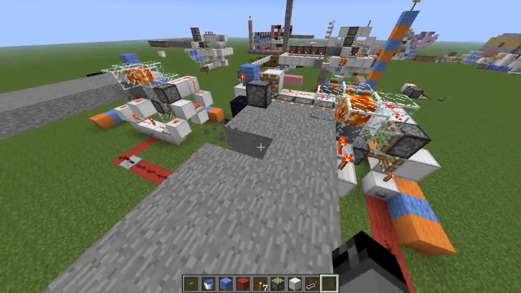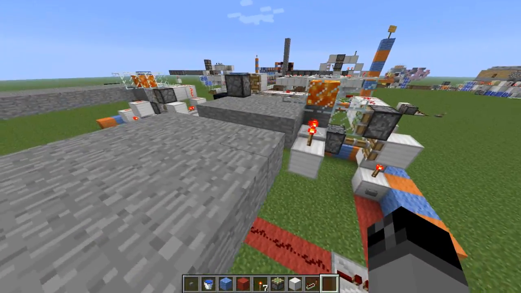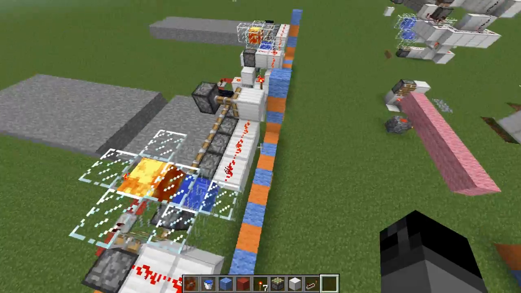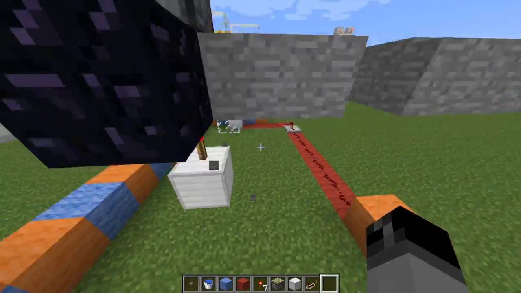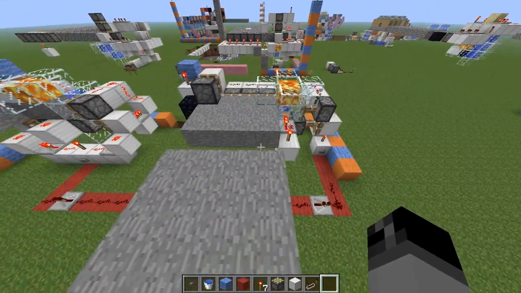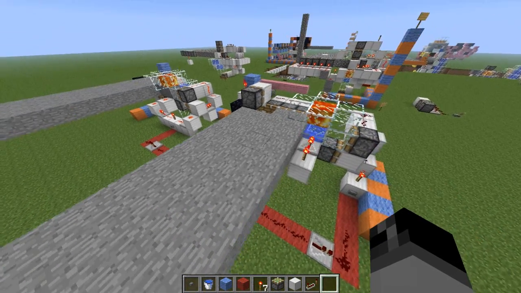Let's smash a hole in it. And press the magic button. And you'll see it didn't work. That's because this is always powered, because there's already a block here. This block exists. So I can smash that one out and then start the system. And it works okay, but